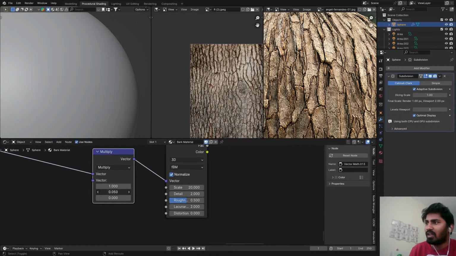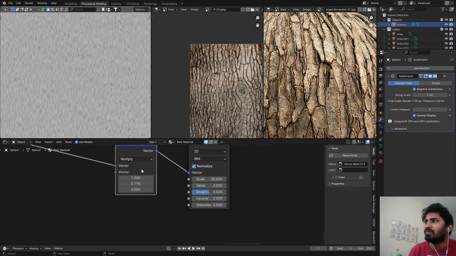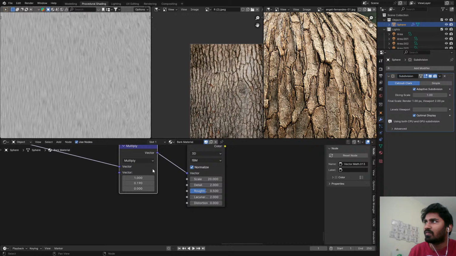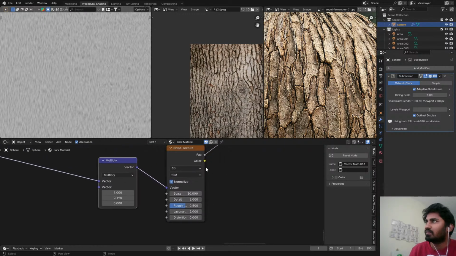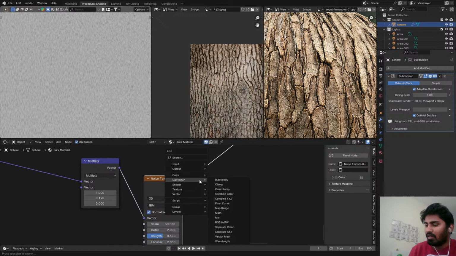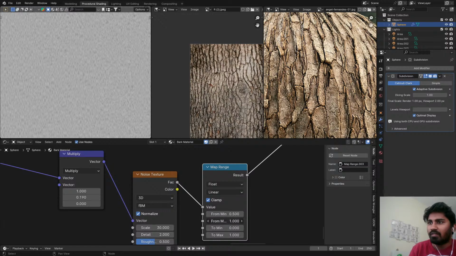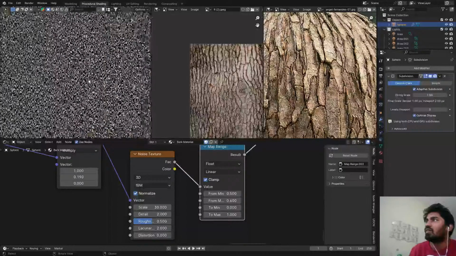Let's do 1, and let's make this 0.02. Okay, maybe not that much. 0.2 maybe. 0.1. Okay, 20 to 30 maybe. Let's do map range to see how that looks. Let's go 0.5 to 0.6. Okay,